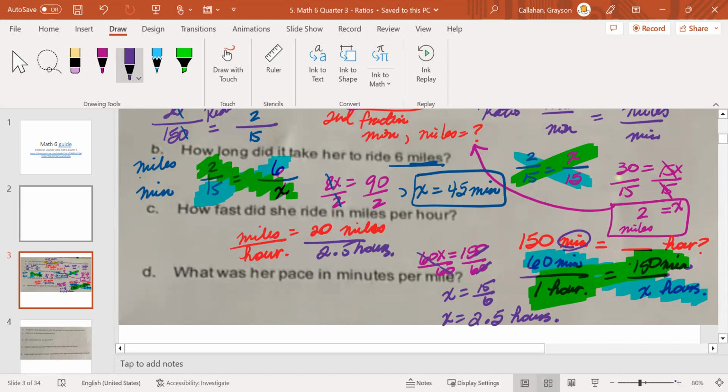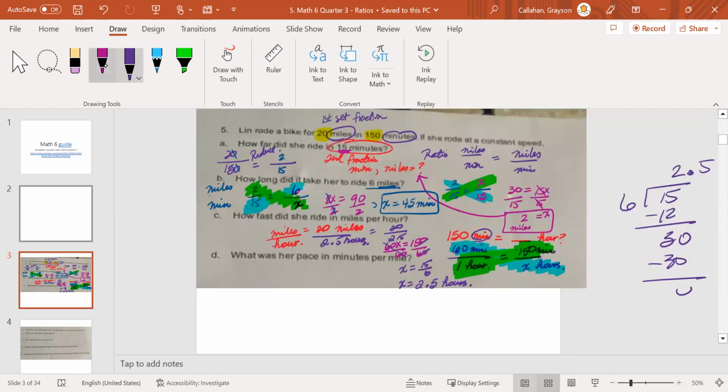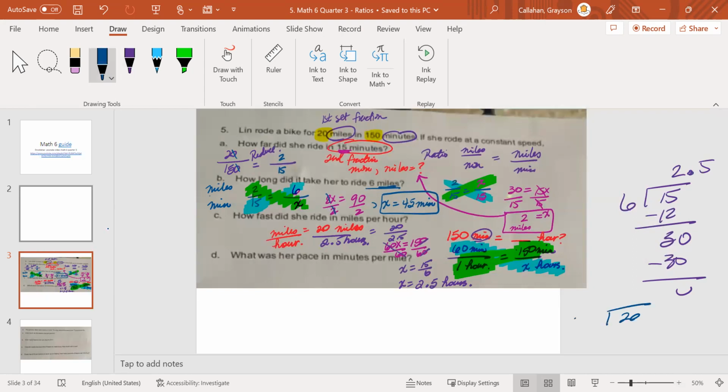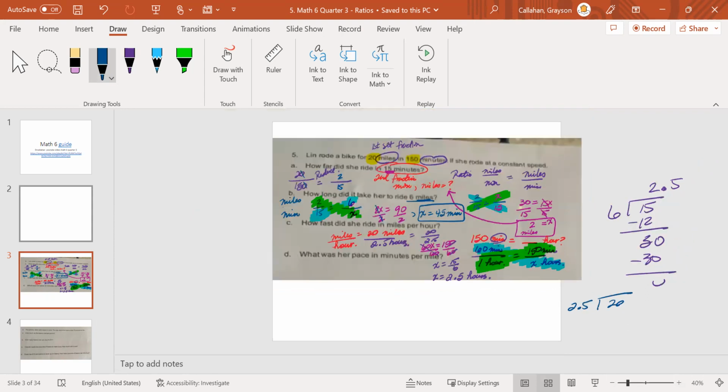Do you see that? But she wants to know how many miles per hour. Per hour just means 1, right? So we want to do 20 divided by 2.5. So let me do some extra math over here. So then I'm going to do 20 divided by 2.5. Which means this is going back to 5th grade. You need to go ahead and move the decimal by 1, right? So you get another 0 in here. Do you see that? So really, you're dividing, for example,